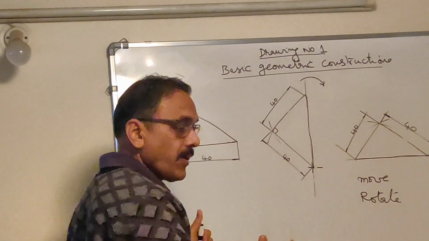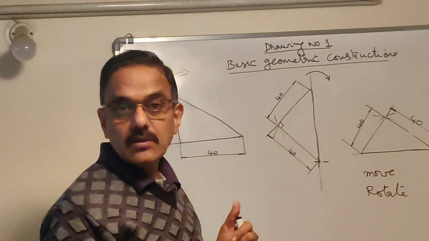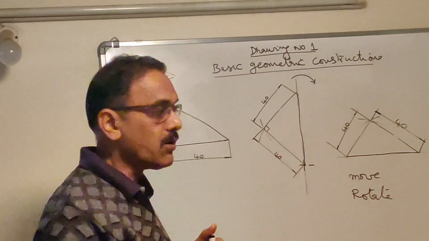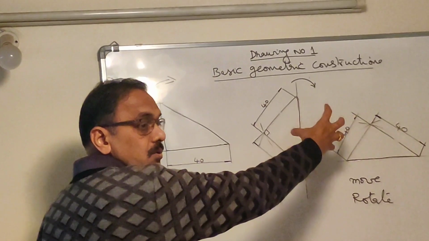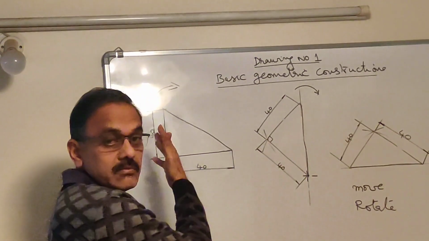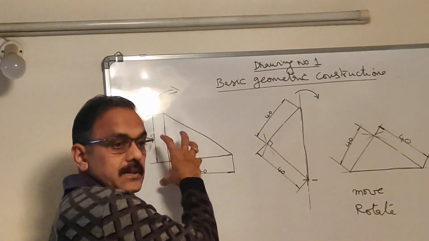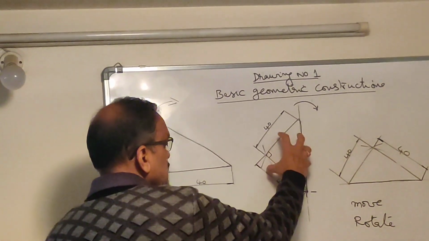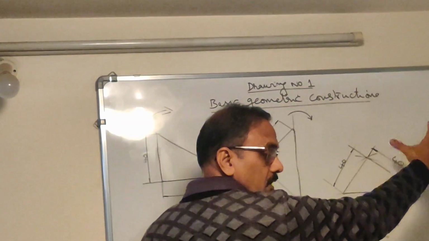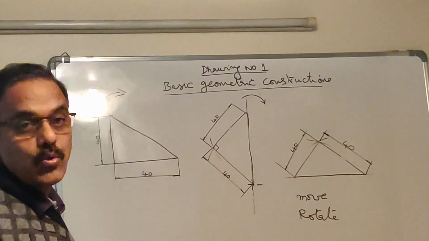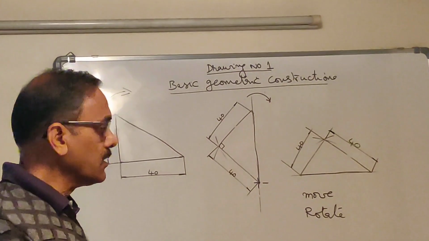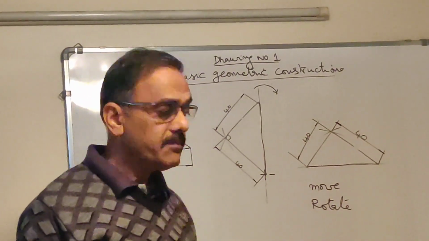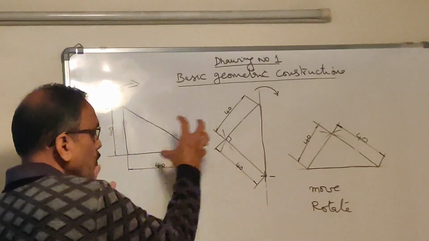When you are using the move command, you have an option to choose between a single copy and a multiple copy. When you select a single copy, this will just be copied here, but this will also go. When you select single copy, this will not be there. So when you select multiple copies, you can place one here, the other here. So any number of copies you can move to the required position. You will be taught in the lab how to execute that move command. So this will be moved here.